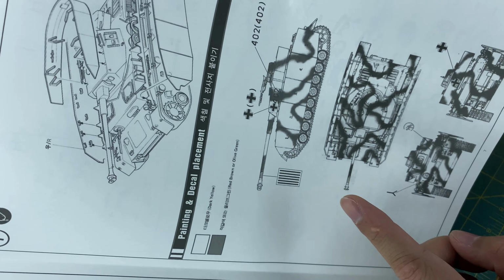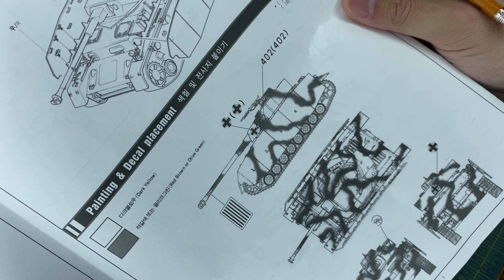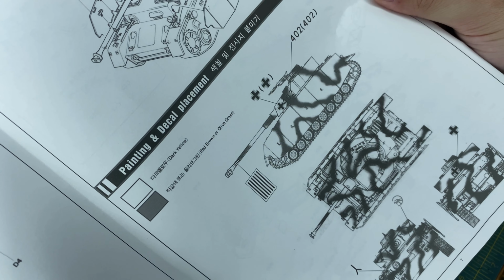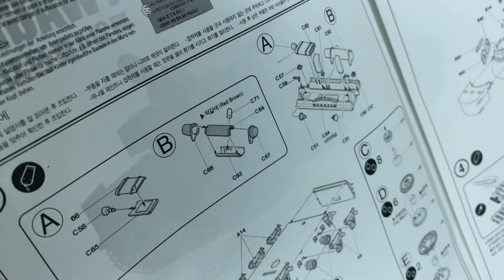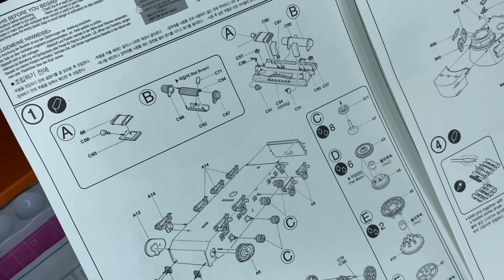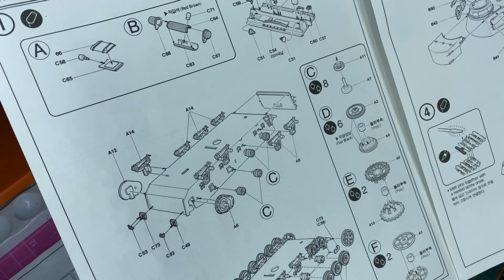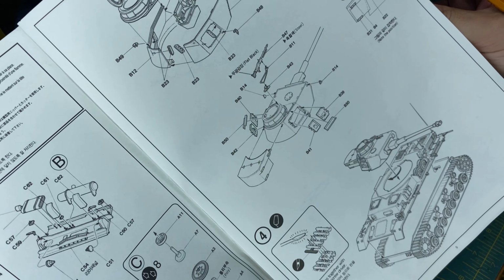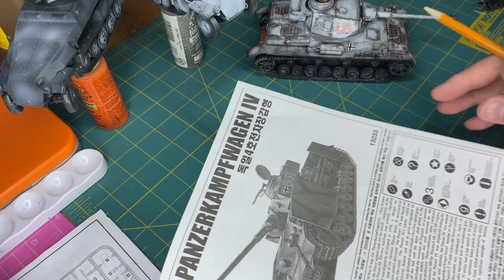Just on the last part, the painting and the decals, there's not much in the way of colors, I guess. So it's hard to make a real comparison, but that can be easily accomplished by just doing some Google research. You get nice pictures on the internet. So the instructions are very good, but on the model itself,